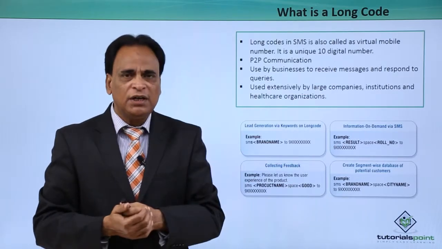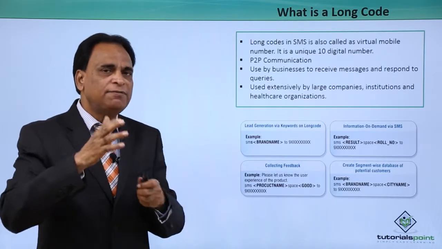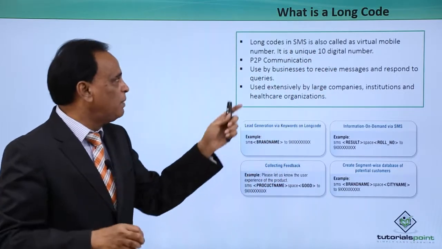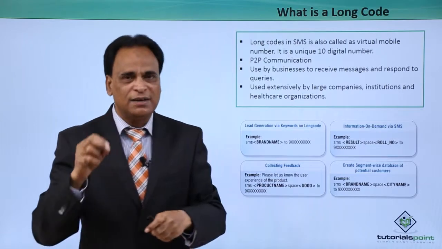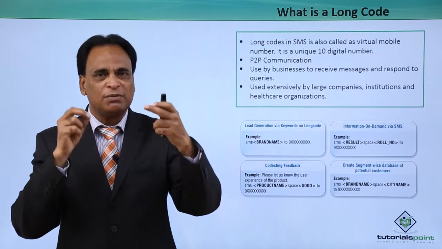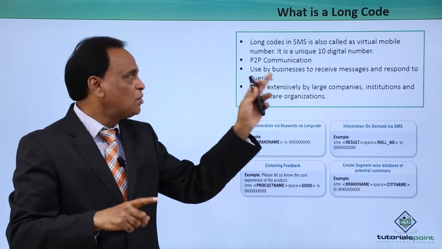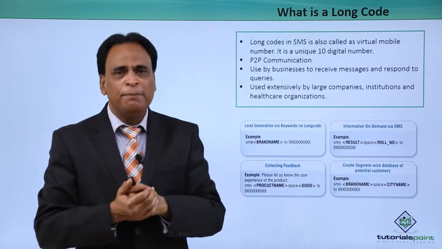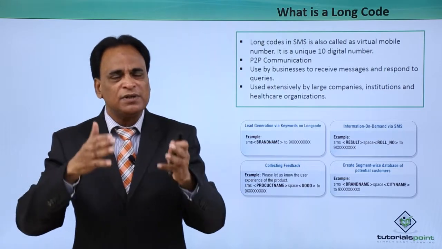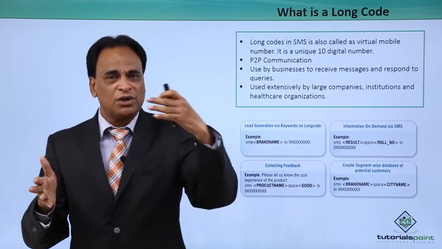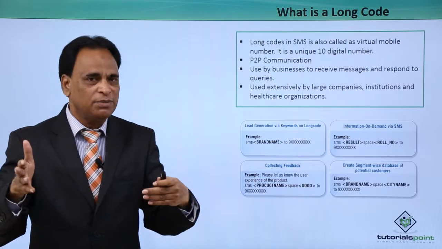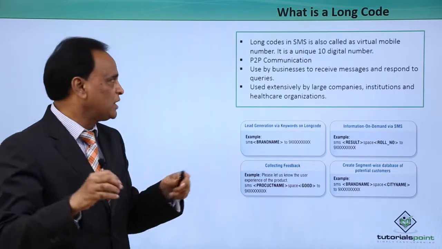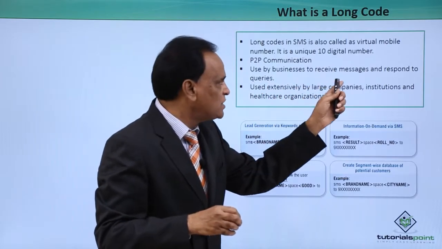Now, what is a long code? A long code is a bit different from the short code. A long code in SMS is also called a virtual mobile number. It is a unique 10-digit number. Unlike the short code, which has about 5 to 6 digits, the long code may have up to 10 digits. This is called P2P communication, that is, person to person communication, whereas a short code was application to person communication. It is used by businesses to receive messages and